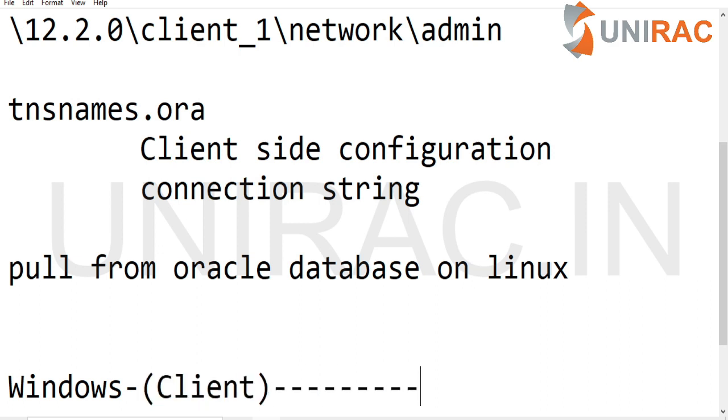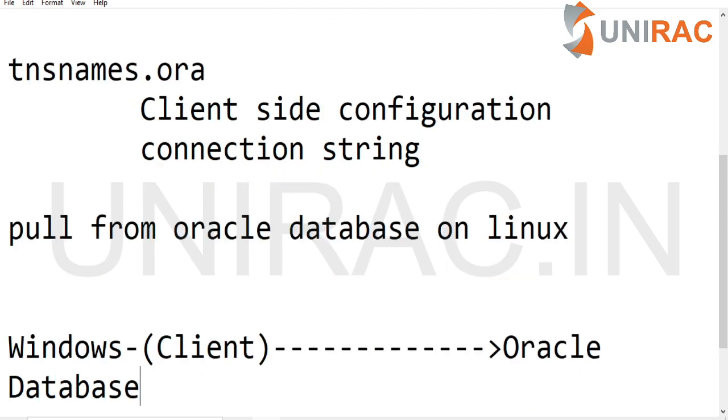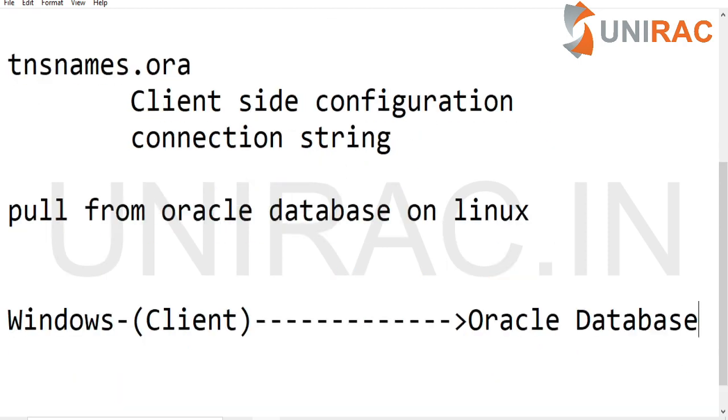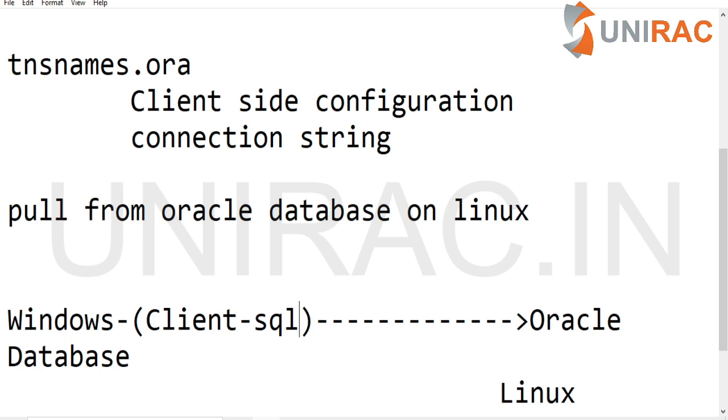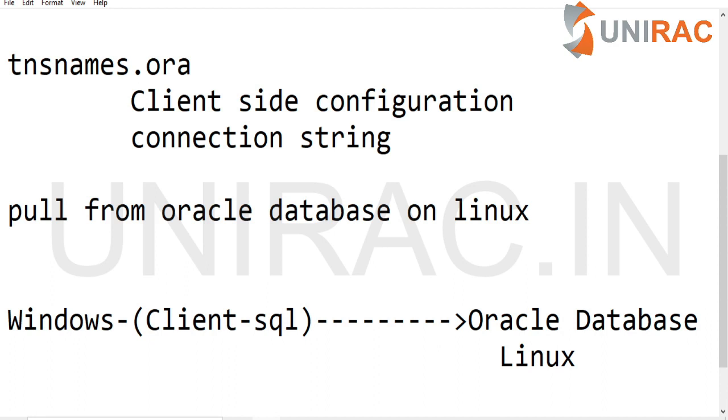Using this client software, we are going to connect to your Oracle database. This Oracle database was installed on your Linux machine, and we have our client on your Windows machine. Using the SQL Plus tool, we are going to connect now. Let's see how we connect.